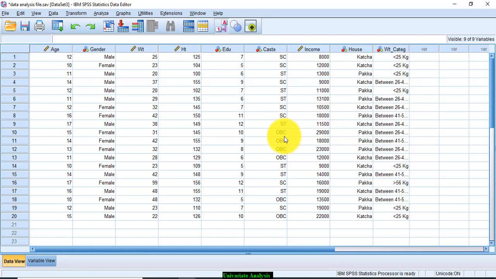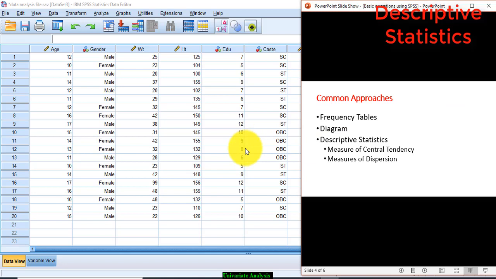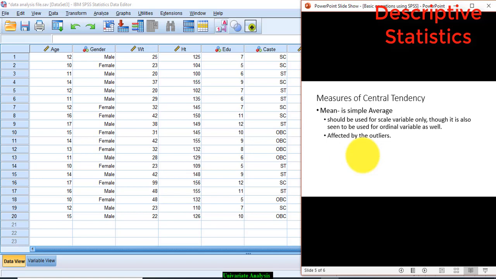Next common approach is descriptive statistics under univariate analysis. Before we do it through SPSS, let us understand the basics of descriptive statistics. Descriptive statistics include measures of central tendency and measures of dispersion. Now, measures of central tendency include mean, which is nothing but a simple average. Mean could only be used for scale variable, but it is also seen to be used for ordinal variable as well.